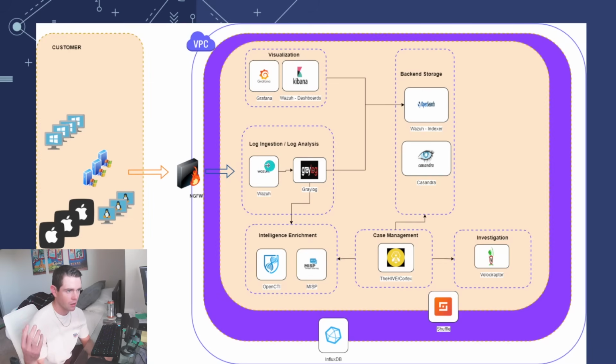And then after our logs go through our pipelines and our rules that we'll get to in future videos, they will be written into OpenSearch. We are also going to use Graylog to automate our intelligence enrichment. So as a log hits Graylog, depending on whether certain fields exist,